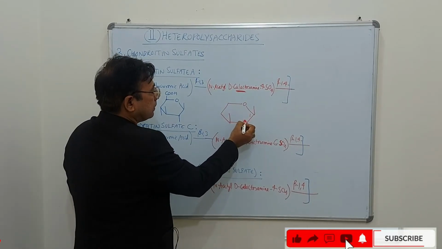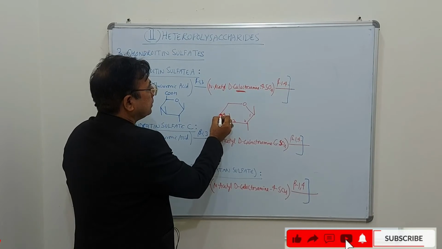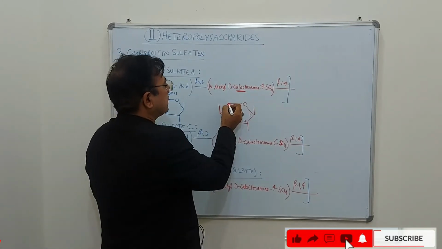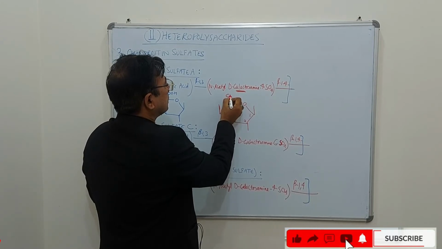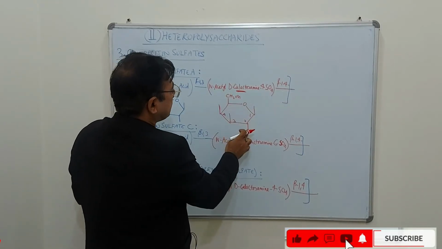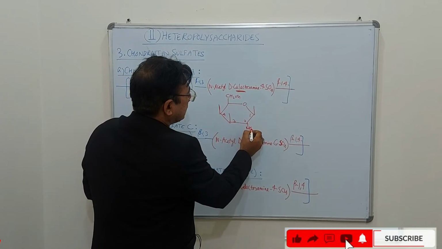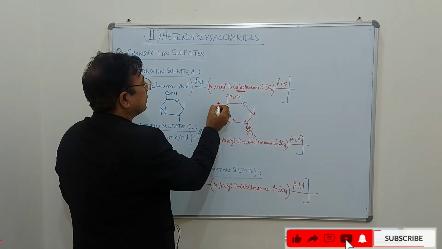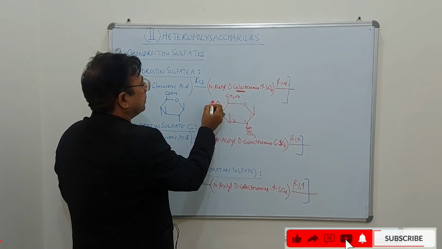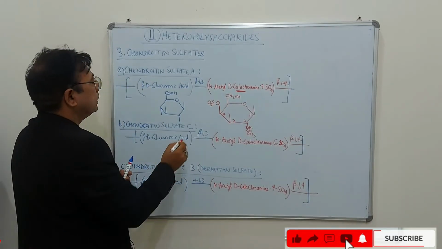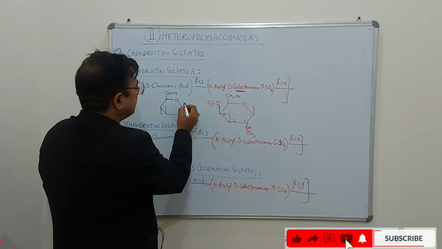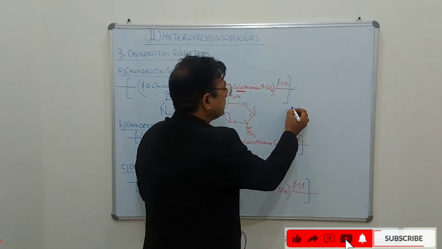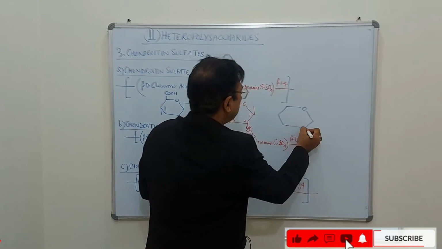On this position number 4, 1, 2, 3, 4, on the 4th position you will have this galactose, so this OH will be above, and this is the 5, and this is N-acetyl D-galactosamine. So here you have to make NHCOCH3, and on the 4th position you have to make sulfate, OSO3. And you have to connect this through a 1,3 linkage, meaning this O connects to the 3rd position. So this is a beta 1,3 linkage, and in the next molecule again you have to make beta-D-glucuronic acid